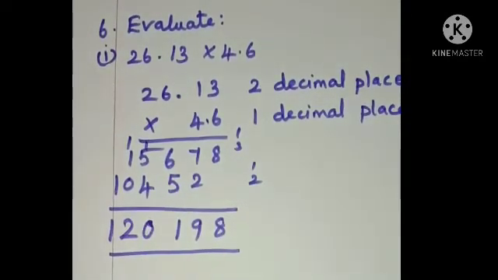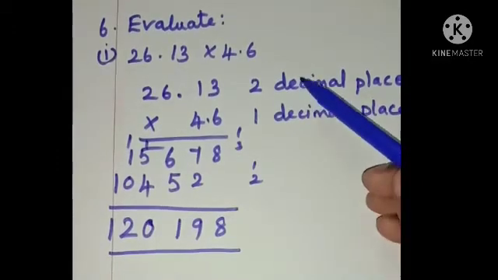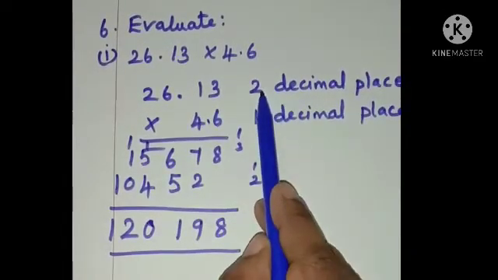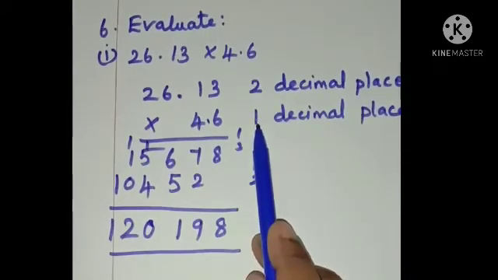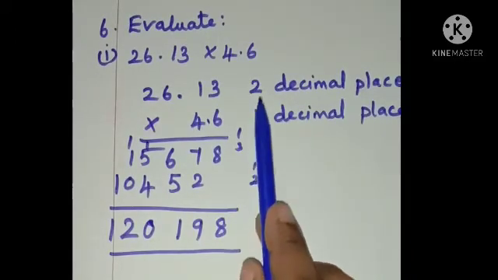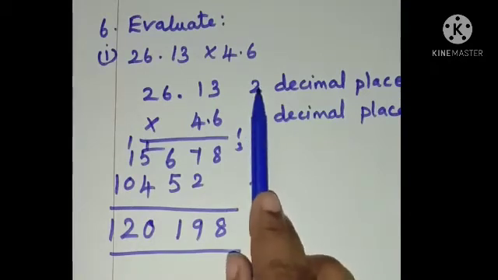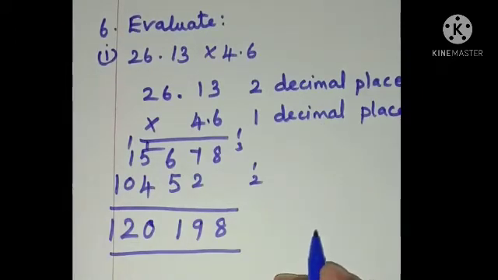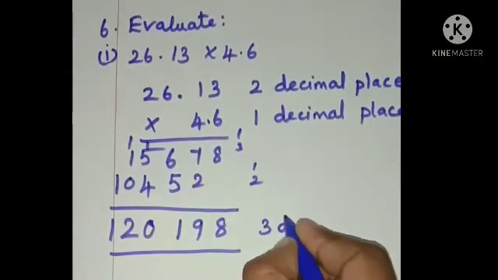So, listen carefully. Here, we have multiplied these two decimal numbers, isn't it? Then we have to put the decimal point. So while multiplying, what will we do? Yes, we have to see the decimal places in each number. In the first decimal number, 2 decimal places are there. In the second decimal number, only 1 decimal place is there. Total, first add these two numbers, 3. So 3 decimal places should be there in the result. 2 plus 1 is 3 decimal places.